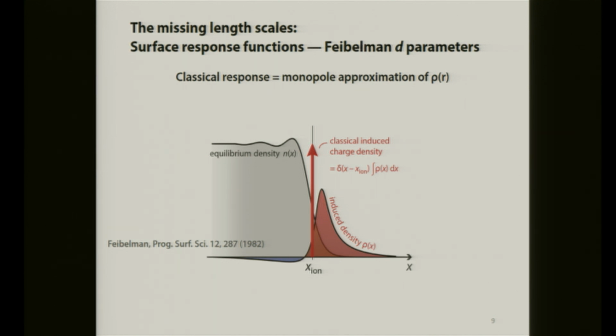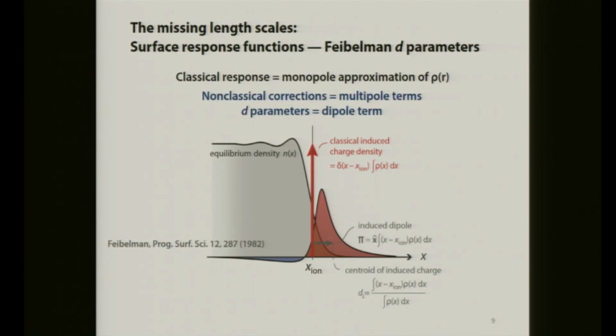And the D parameter is exactly the centroid of this induced charge density, for example, here, away from the ionic interface. So that's the D parameter, this distance. And this D parameter is sort of analogous to the classical mechanics treatment of the center of mass. If you think about a ball somewhere, you simplify it as a point. And that's exactly what this D parameter does for the induced polarization. And analogously, you can define a parallel term, which is defined as the centroid of the derivative of the surface current. So this perpendicular term is given by the centroid of the induced polarization.